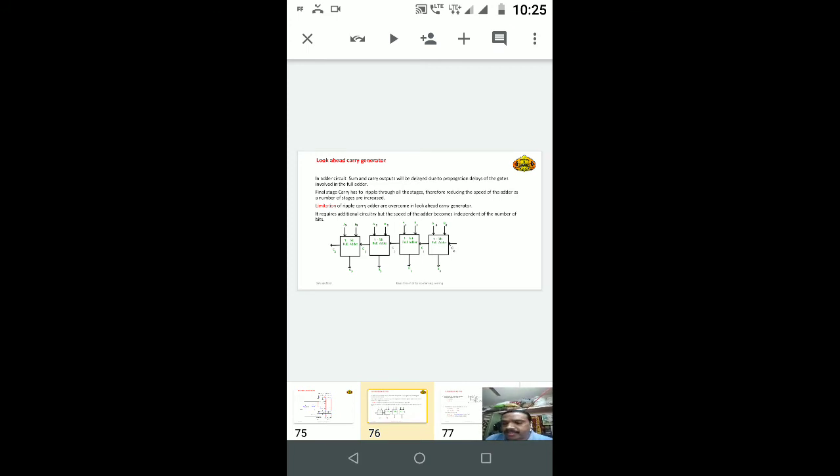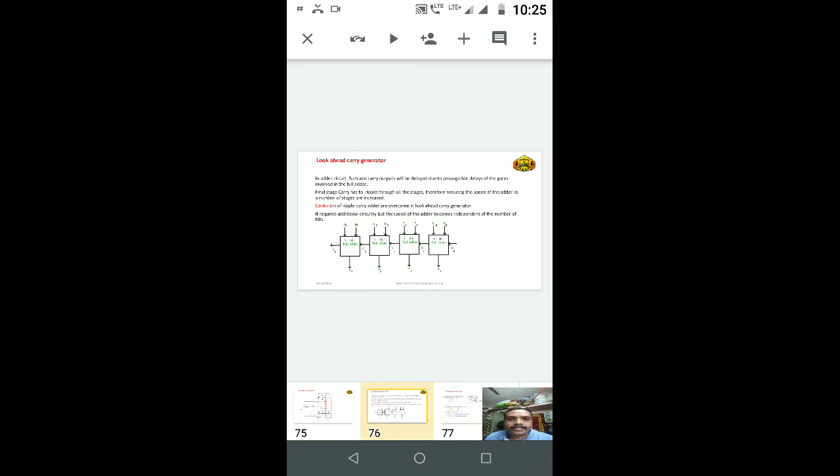With the help of this gate and IC, you can implement the BCD adder for performing the addition of two BCD numbers, and also you get valid results. Valid results means your input is in BCD form as well as your output is also in the BCD format. So, these points I covered in the previous lectures. In this lecture we will see the look ahead carry generator.